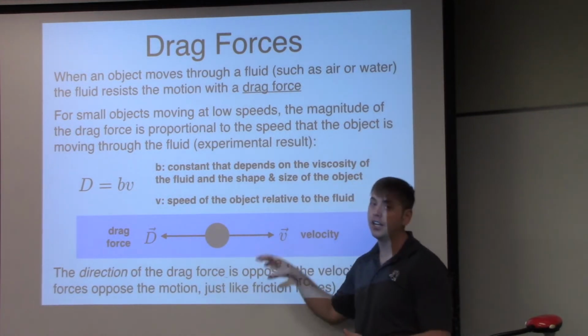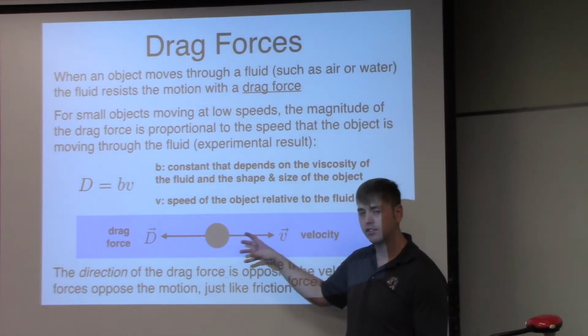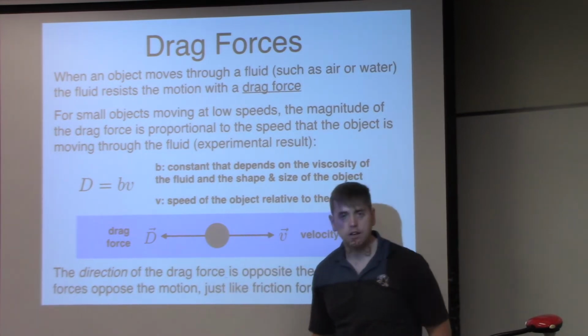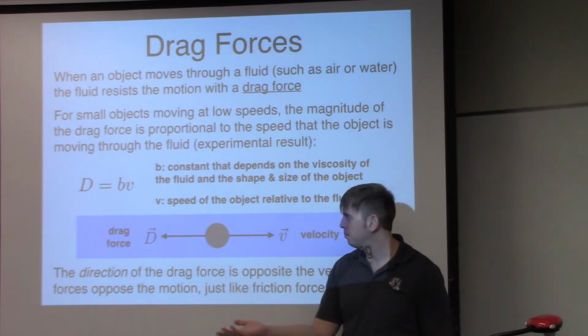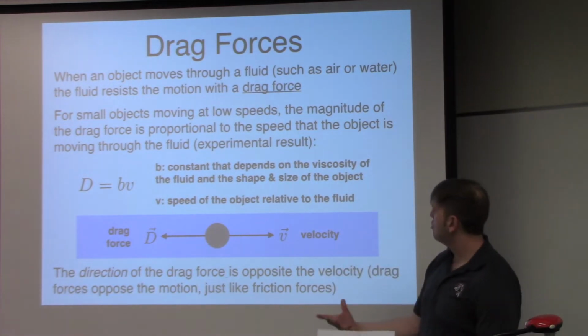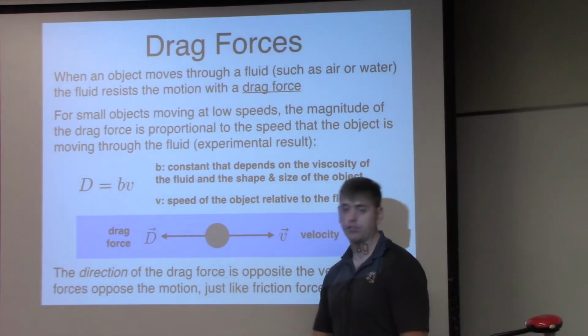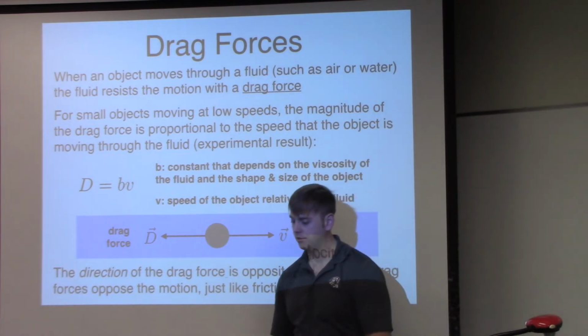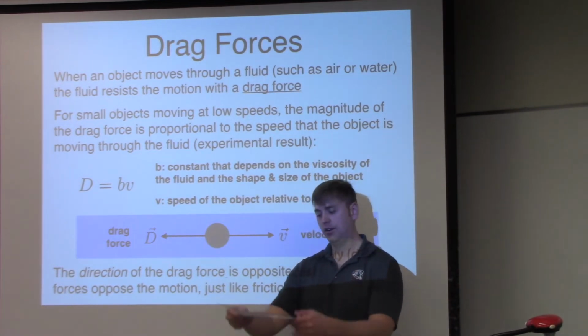So something like honey would be very, very viscous and it would have a very high drag force. Something like the air, the B value would be much smaller. But it actually also depends on the shape and size of the object. So just to show you how this depends on the shape and size of the object, if I drop a